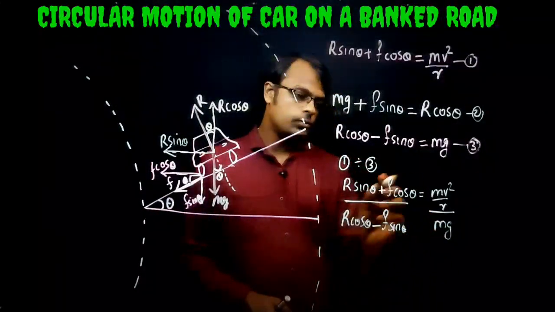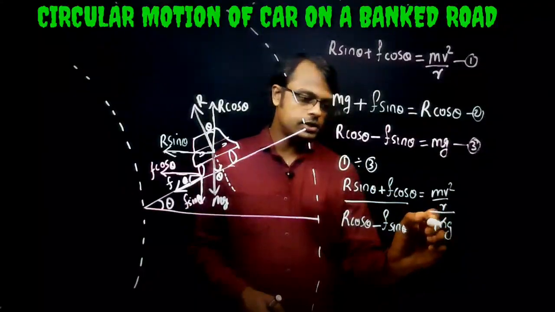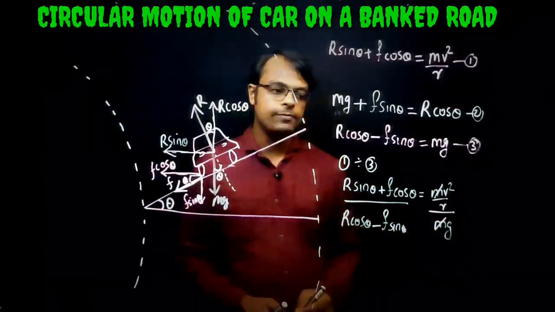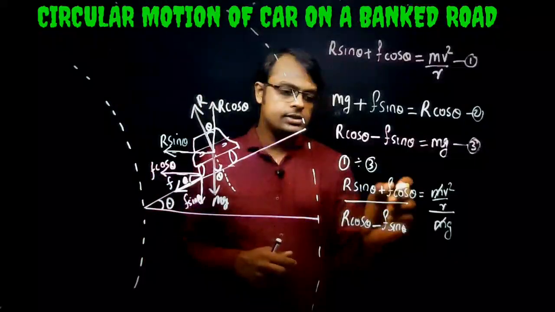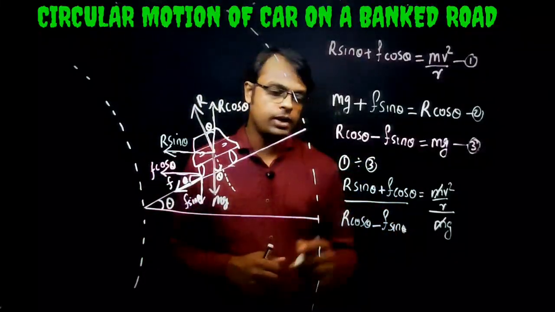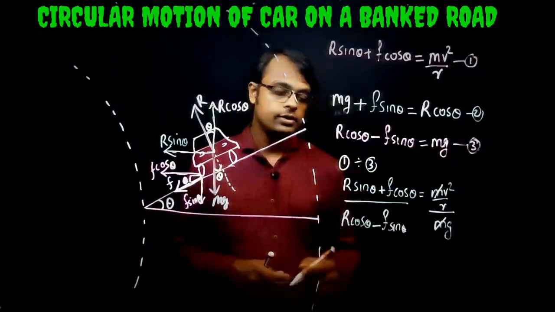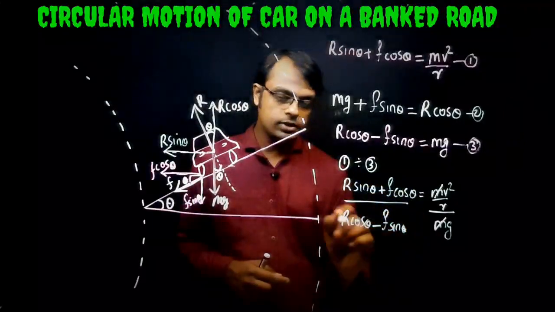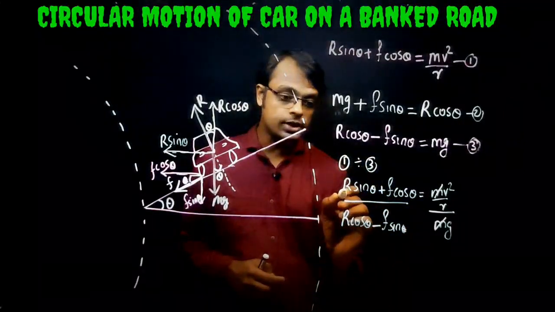Now if you cancel this one here, we can see m will cancel. Now what you have to do here? Divide the left hand side of this equation by r cos theta. If you divide the entire term on the left hand side by r cos theta, you see this one,